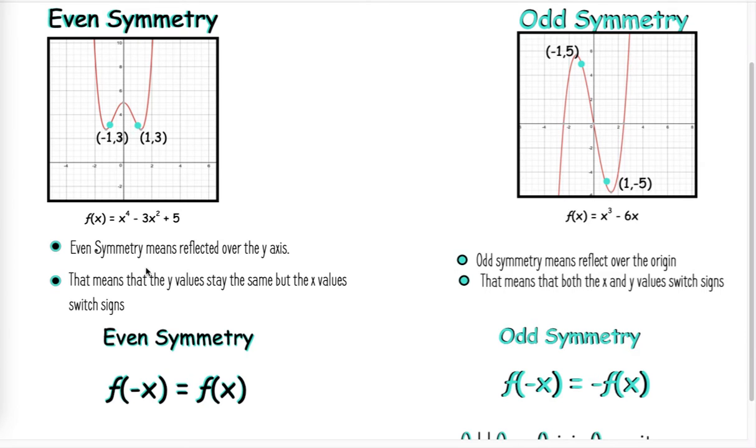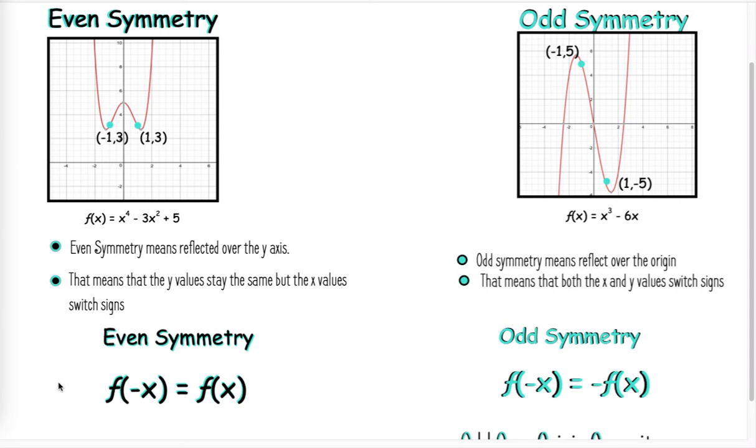Even symmetry means we reflect over the y-axis. And you know what happens when you reflect over the y-axis. The y values stay the same, but the x values switch signs. So we have there in our picture a degree 4 polynomial that is evenly reflected over the y-axis. And you can see that I chose a point, (1, 3), reflected over the y-axis. We see it's (-1, 3), because when you reflect over the y-axis, I'll say it one more time, you